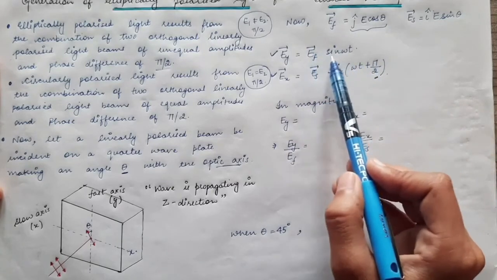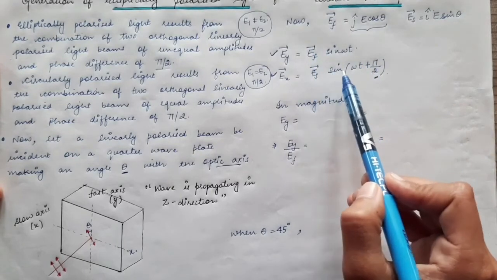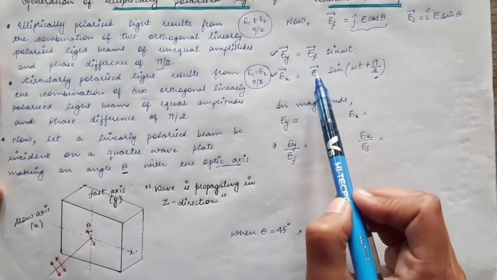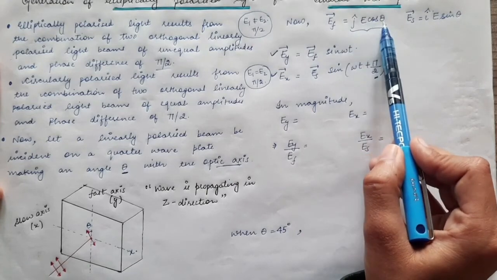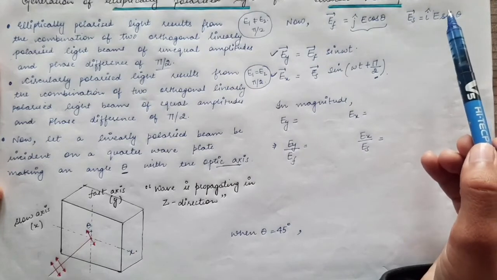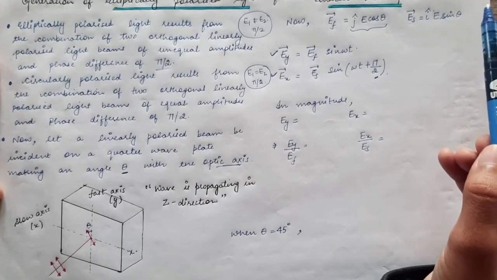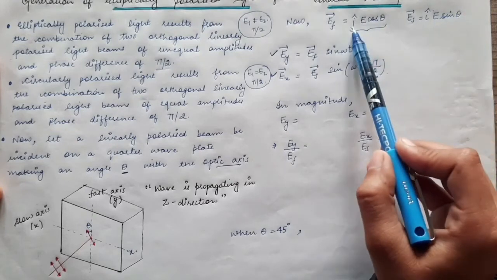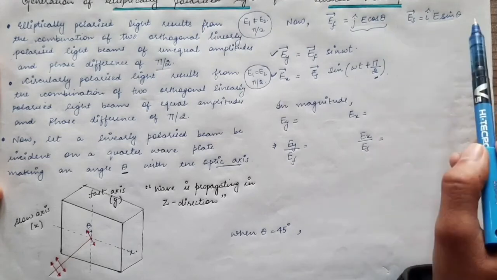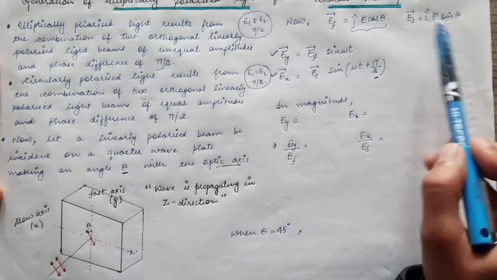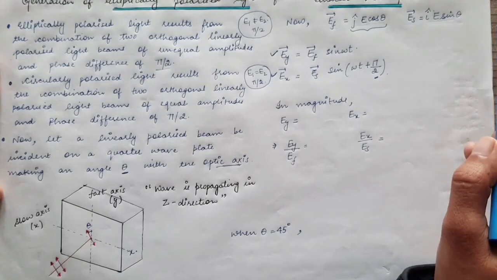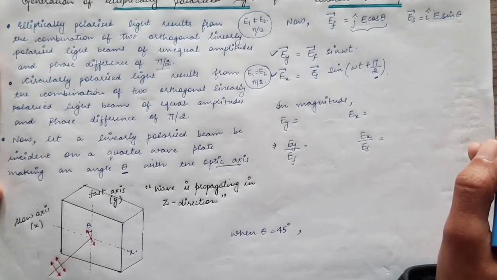So one will be E_F vector sine omega t and another will be E_S vector sine of omega t plus pi by 2. Now this E_F vector and E_S vector are constants, because E is constant and theta is constant. So E_F vector and E_S vector will have constant magnitudes, not the same but constant. One will have one constant magnitude and the other will have another constant magnitude. So throughout the experiment, these components, fast and slow, these expressions will be constant, but actually the electric field in an EM wave is sinusoidal.